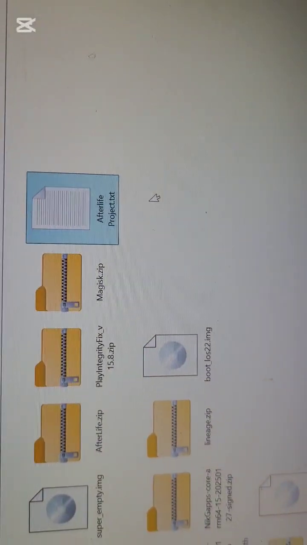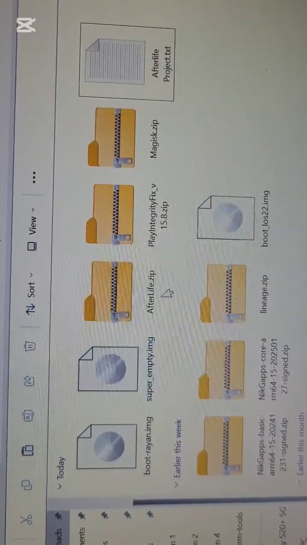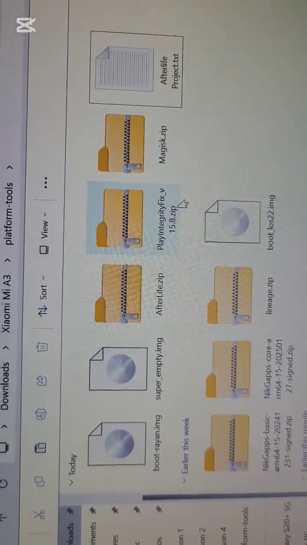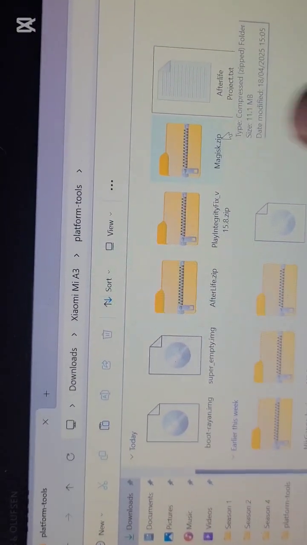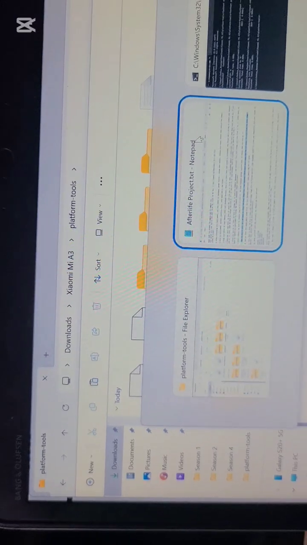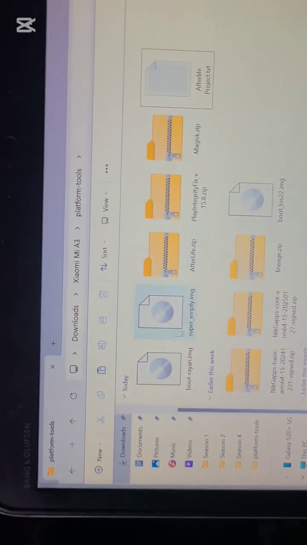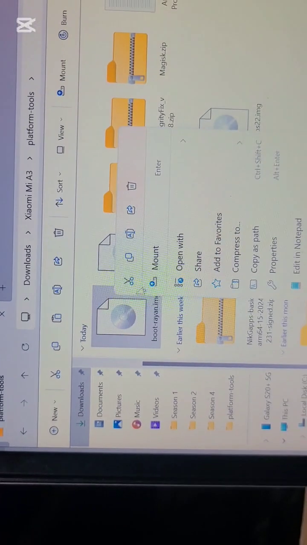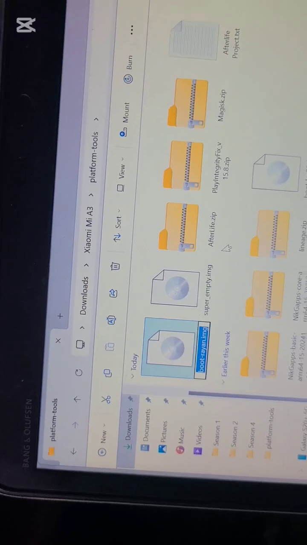Now, if you remember, I said if you're using Windows 11, you have to enable the file name extension. Now, if you've enabled file name extension, you don't have to type like .zip or that APK anymore. You don't have to do that anymore. So now we are just going to have to copy the name of the file and paste it. So we are copying the name, that is boot-rayan.img. We'll just copy the whole thing now that the extension is there, and then we'll come back to CMD,